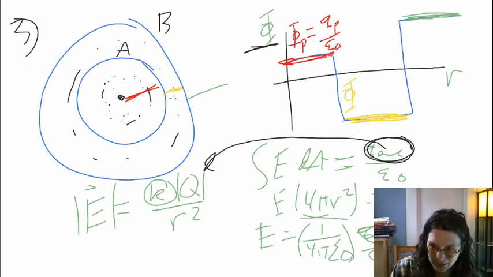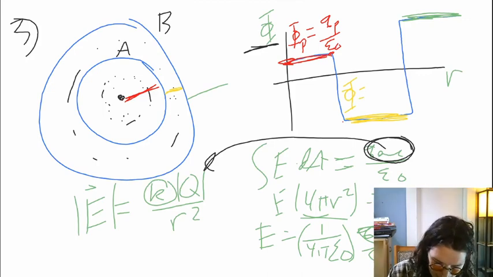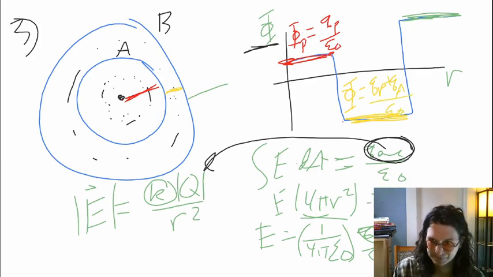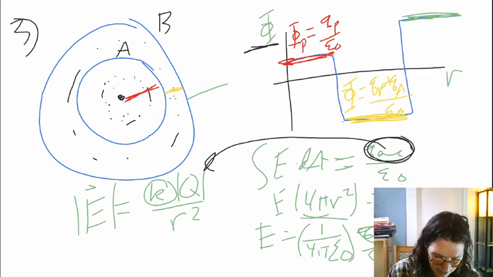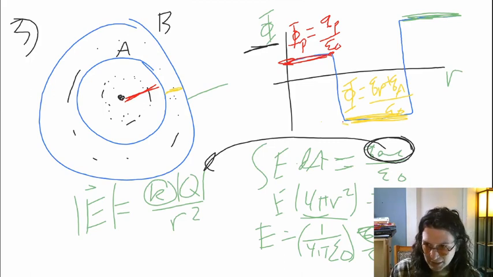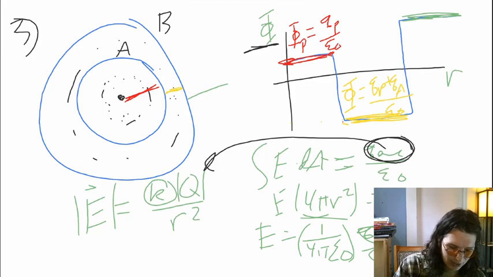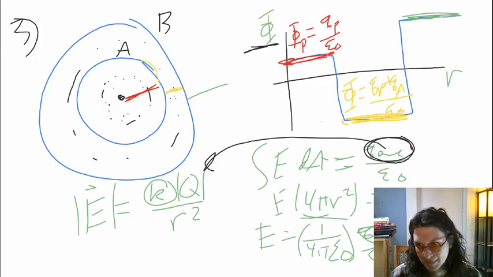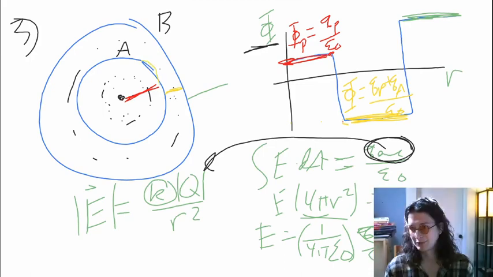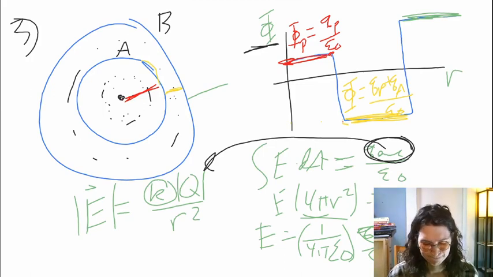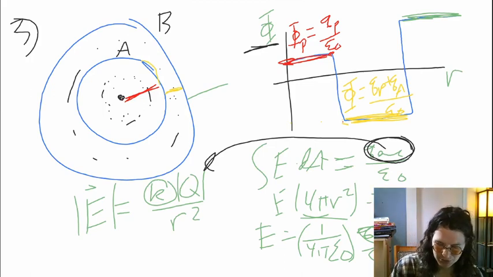And so now when I go to do the flux through that yellow region, that flux value will be equal to the charge enclosed, which is now going to be Q sub P, which we just found, plus the charge on sphere A, and then that will be over epsilon naught. So in this region, again, we'll read our flux off of the graph, and then we'll set it equal to the charge enclosed, which is the innermost point particle and this conducting shell. And then we'll just solve for the charge on A. And then our last region, which is on the outside,